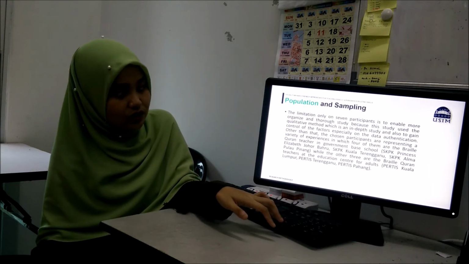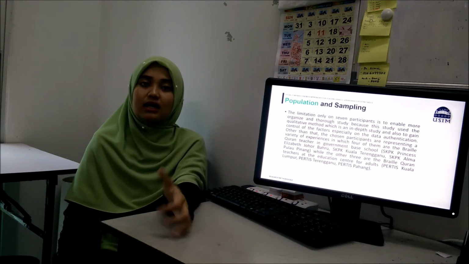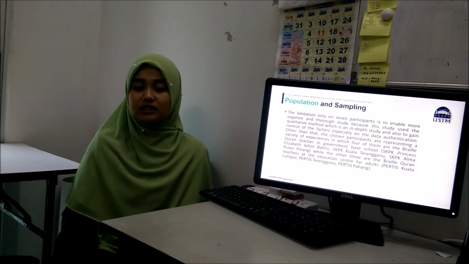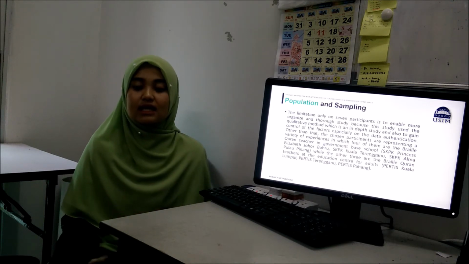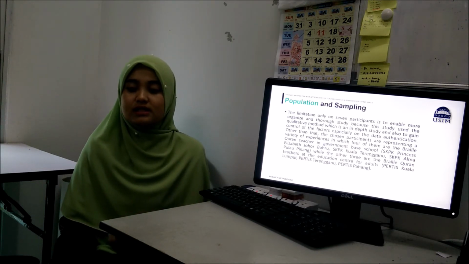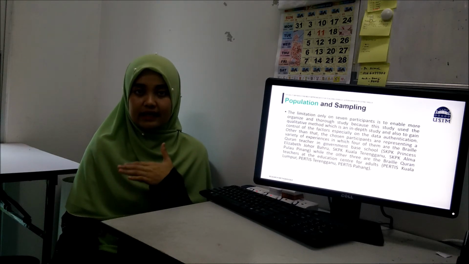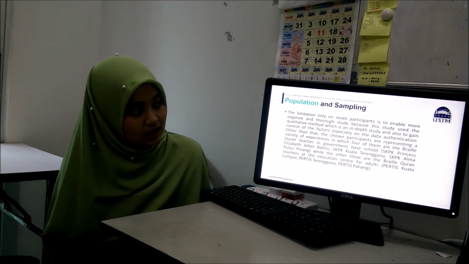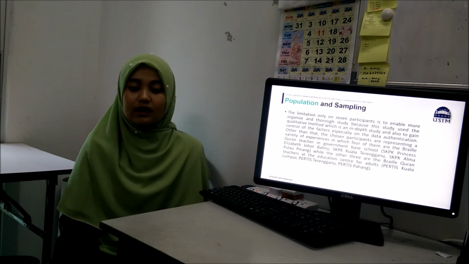And then lastly, for the population and sampling, as I mentioned earlier, the limitation to only 7 participants is to enable a more organized and thorough study, because the study used the qualitative method, which is an in-depth study, and also to gain control of the factors, especially on data authentication.